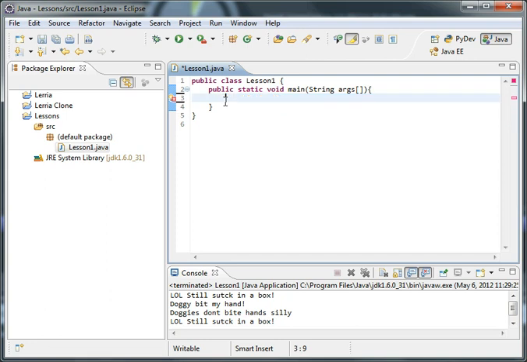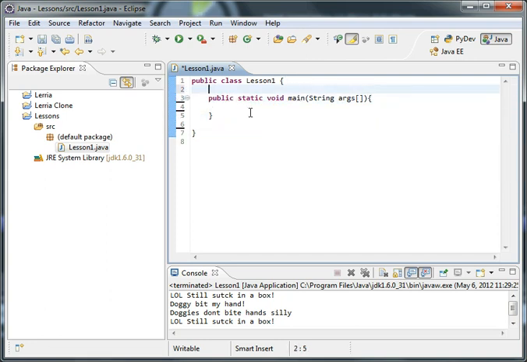Anyways, in our last tutorial we learned about using other methods to do stuff. In this tutorial we're going to learn about something called variables. Now let's say we had a method called public static void